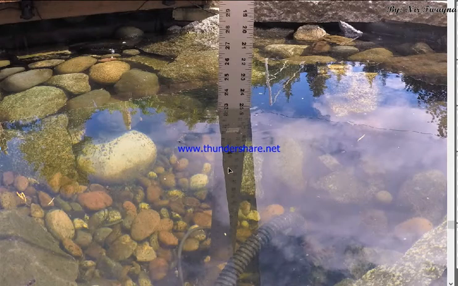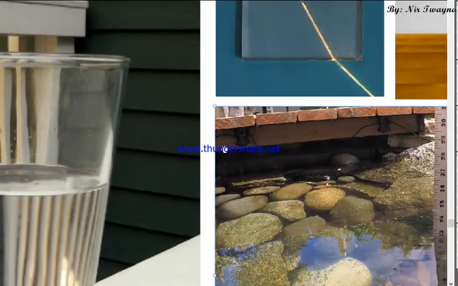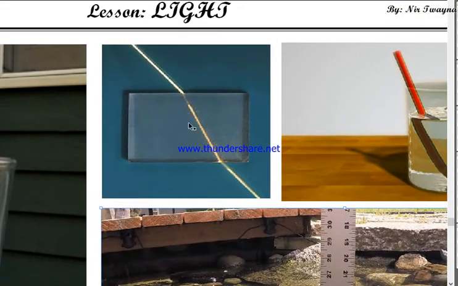So in case of ponds also, same thing. Yes, it looks less deep, looks like it is not deep at all. But if you get down there, you'll find it to be deep. So in this case also, you got a distorted vision. Distorted vision means you are not seeing the exact thing. Your vision is distorted. And what causes distorted vision is the bending of light rays.